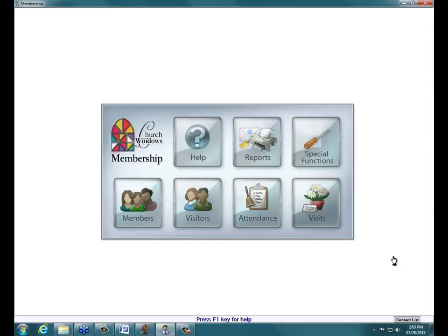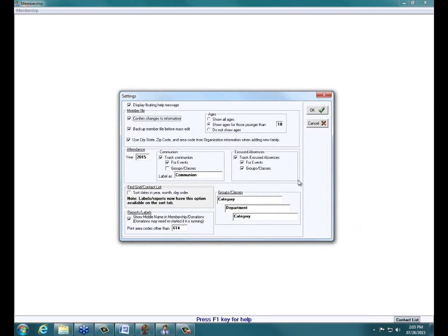Now, before we look at this, somebody asked how you can get your reports to sort by month, then day, rather than year. Now, the default is to sort by month, then day, and then year. But sometimes you want birth dates or anniversaries or any of your dates to sort by year rather than first by month. If we go into special functions and settings, you'll see in the lower left,